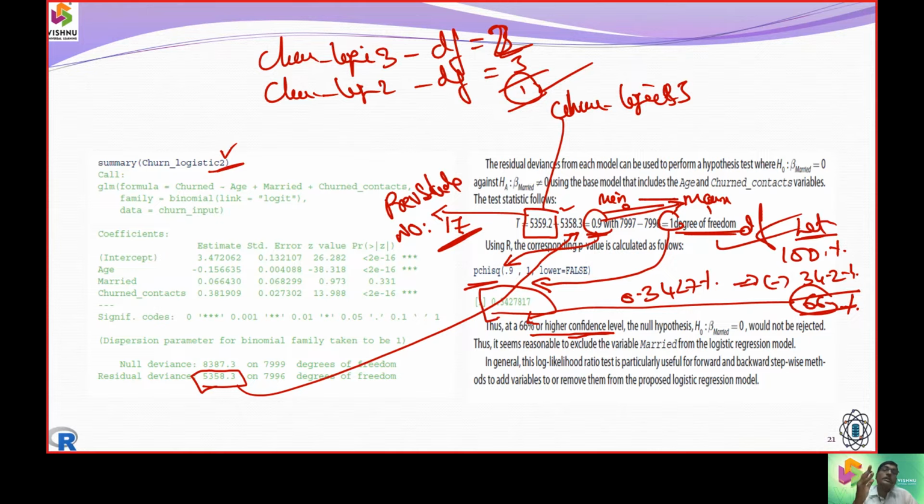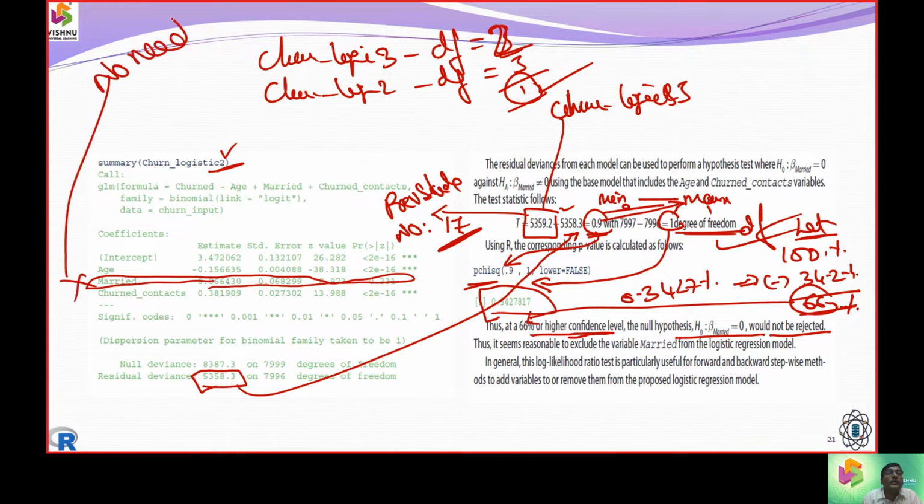In this prediction interval, I am using the chi-square method. Using the chi-square method, I could say there is a high chance, around 60%. We can say that the null hypothesis would be rejected. So the null hypothesis of the marriage would be rejected. There is no need to consider the marriage attribute. How did you get this conclusion? Because the confidence was 66%.